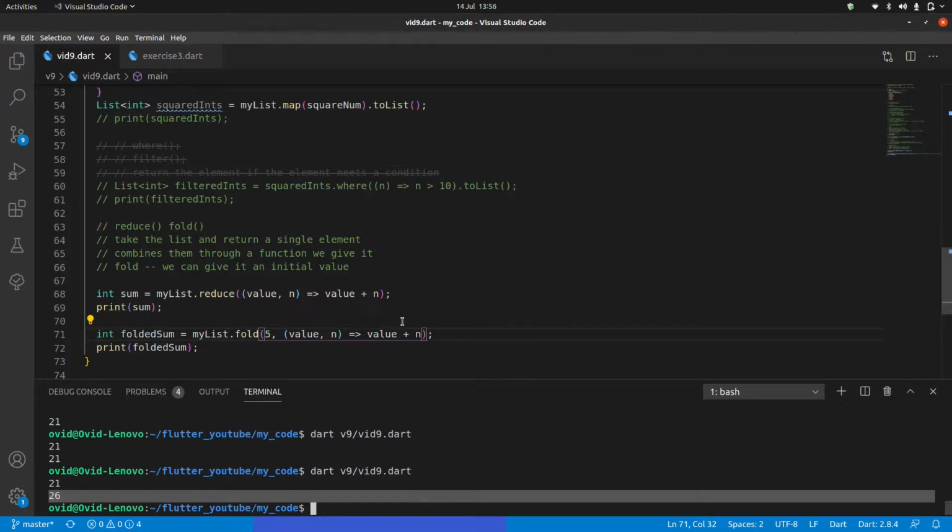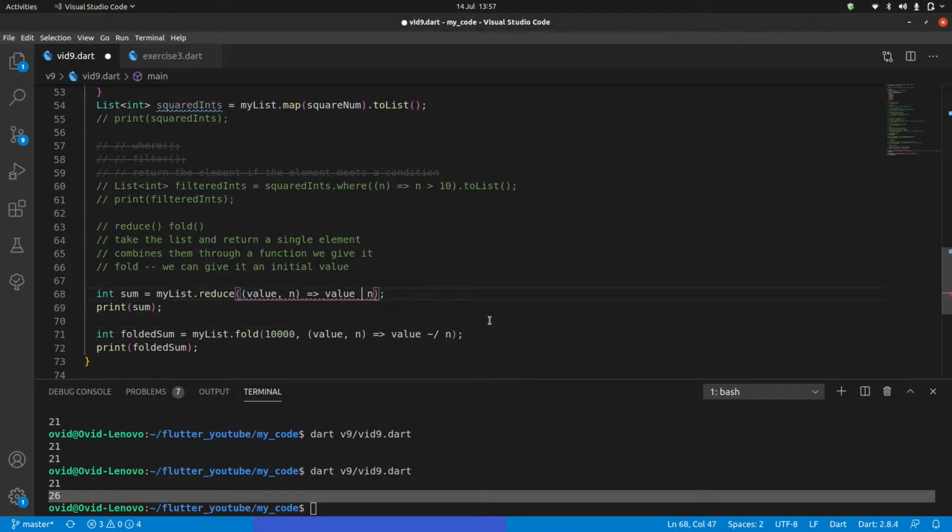If I'm doing a division, for example, I don't want to start with the first element. Maybe I want to divide some huge number by all the elements in a list. I don't want to divide the first number by everything else. In fact, we could show that example. If I started with a big number and say value divided by n, and we use floor divide for the